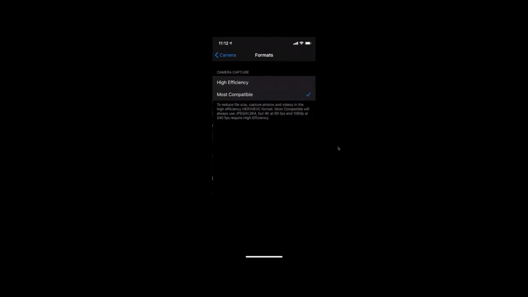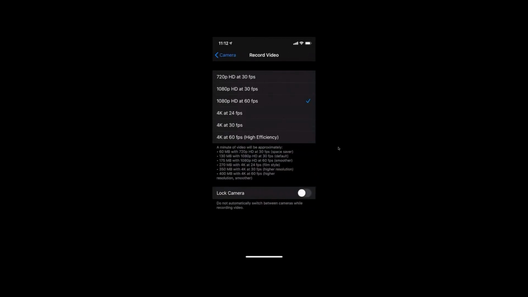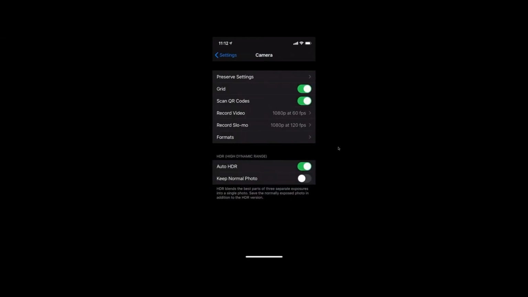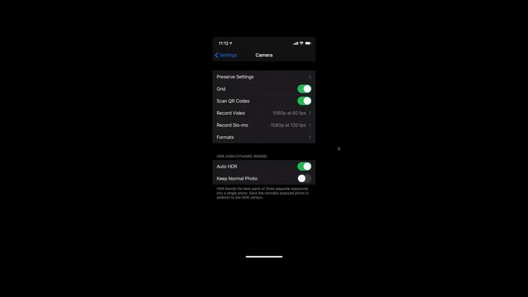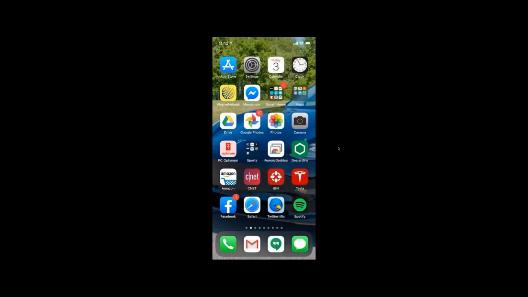And yeah, so if I go to format in this case, this is for pictures. So if we go back, we want to keep it to 1080p most of the time, 60 frames per second. That just allows you to do a bit of slow motion. And if you want more advanced slow motion, then again, you have the 120 frames. That's kind of the sweet spot for me. So that's the settings. Not the most fun part of the day, but kind of important nonetheless,